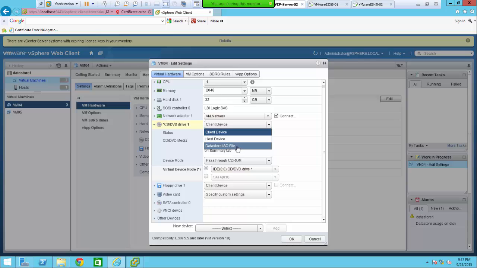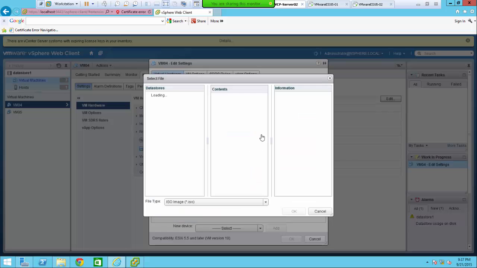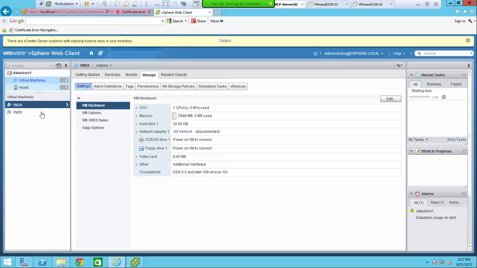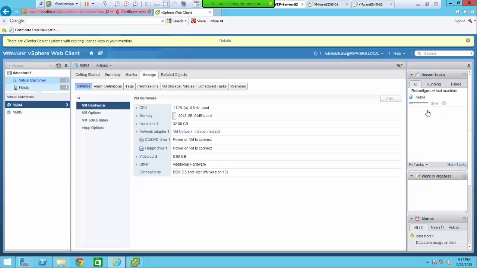Thank you for this. Okay, data store ISO file, and then the data store 1, and then software, and there it is. Okay, cool. Press OK and connected power on. Let's not forget this, and press OK. So VM04 20%, and